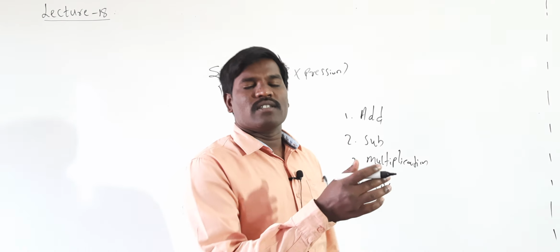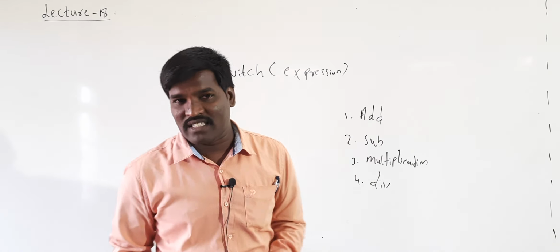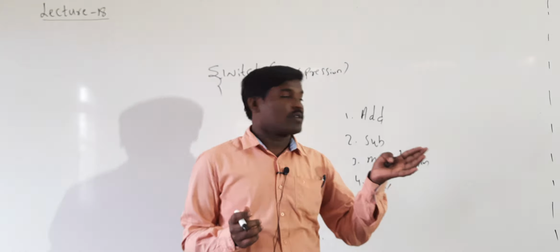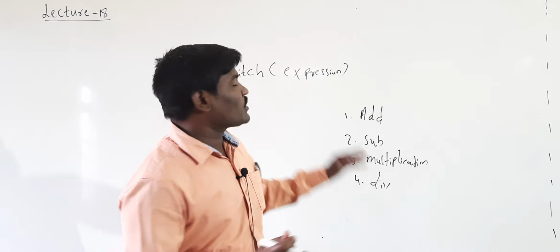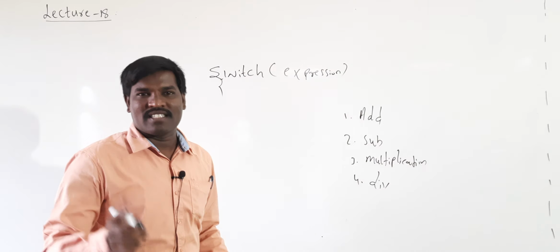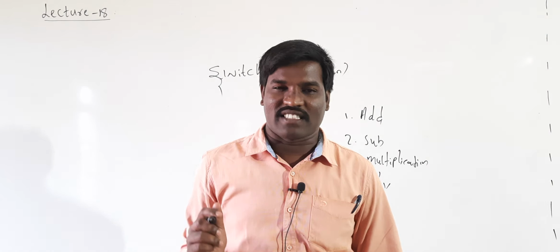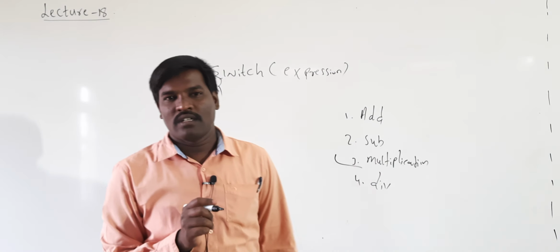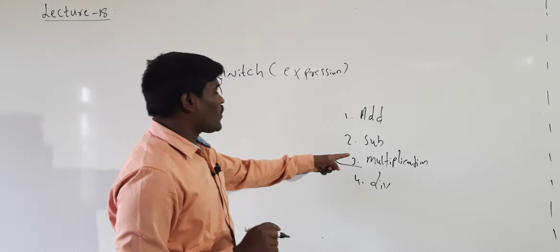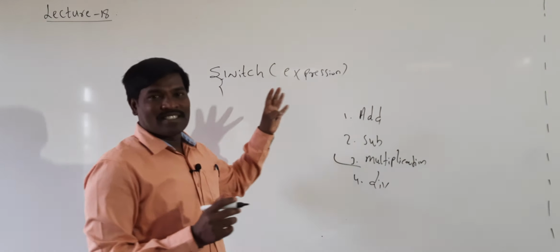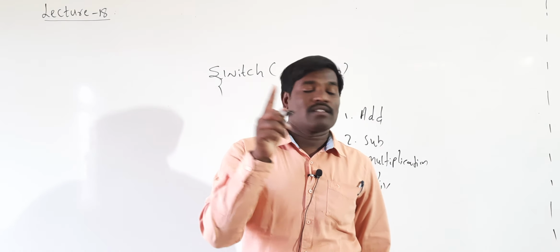It is possible using the if else if then else. If choice is equal to 1, you can perform the addition. If choice is equal to 2, you can perform the subtraction, multiplication, division, like that. Here also the same thing, but the only difference is, suppose you want to perform the multiplication using if else if then else statement, first it will check the condition, and if it is true, it will execute, else if, after that it will perform the multiplication. But in this case, without checking 1 and 2, directly it will execute the third option.